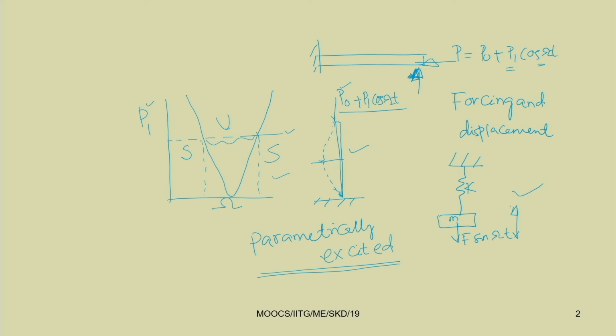So, already you have derived the equation of a similar system, where for example, you can recall the system we have taken, that of a pendulum. Let this be a pendulum where the platform is moving in the up and down direction. If the platform is moving, then you can get an equation of a parametrically excited system. Here the force is applied in the vertical direction and the displacement is taken in the horizontal direction. This is a case of a parametrically excited system.